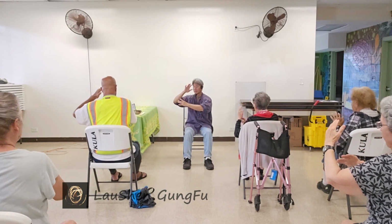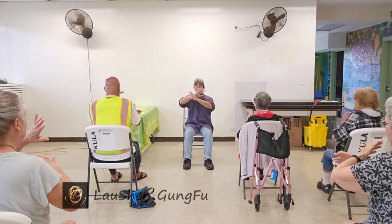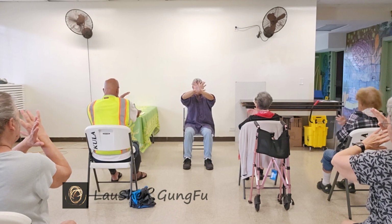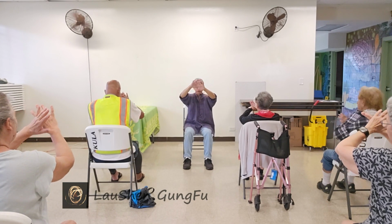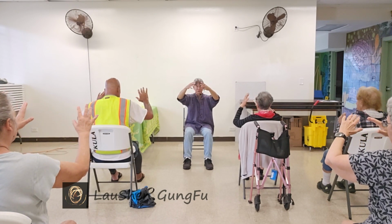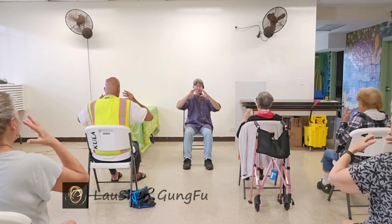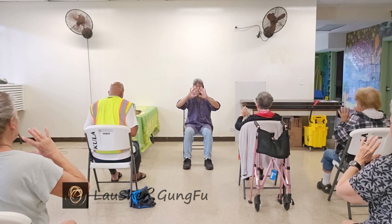And then bring the left hand inside. Come back center. And press out and release. Turn the palms towards you and let it come in. Drop the shoulders and elbows and press outwards